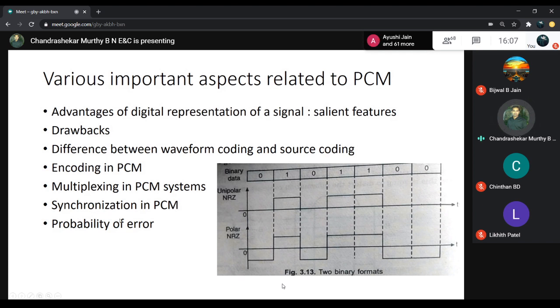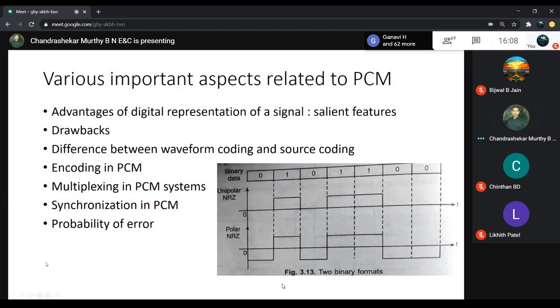And then the synchronization of PCM again. In a pulse code modulation system, we are using TDM, time division multiplexing. It will be synchronized at both the transmitter and the receiver side. In the previous class we discussed why synchronization is required at both the transmitter side and the receiver side. We can use a proper synchronization clock so that both the transmitter and receiver will be synchronized, and the delay or error will be overcome.